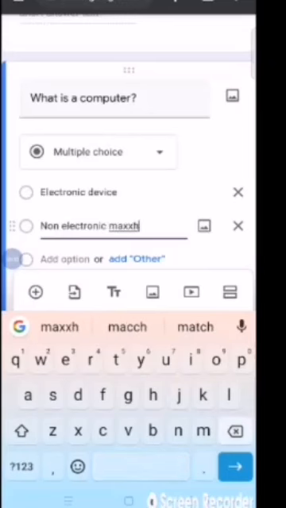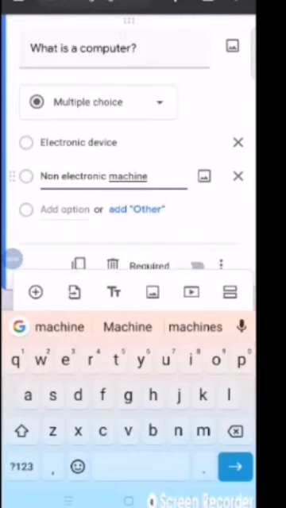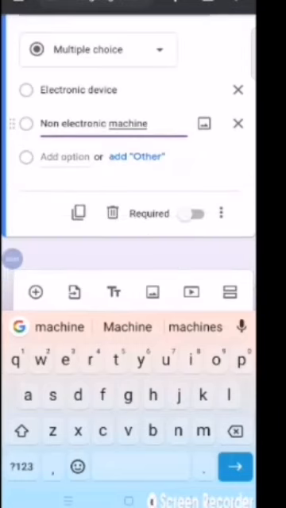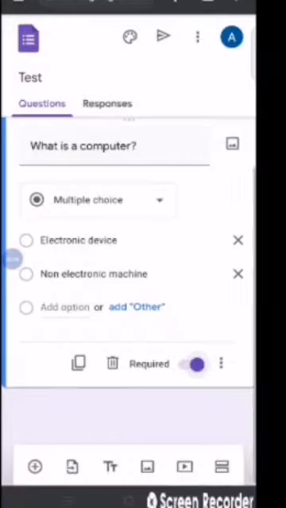So you know it is a machine, electronic machine or non-electronic machine. The options are given below, you can choose any option. If you want to give more options, you can go to add option. This question is also required, means compulsory, so here you can make it compulsory.